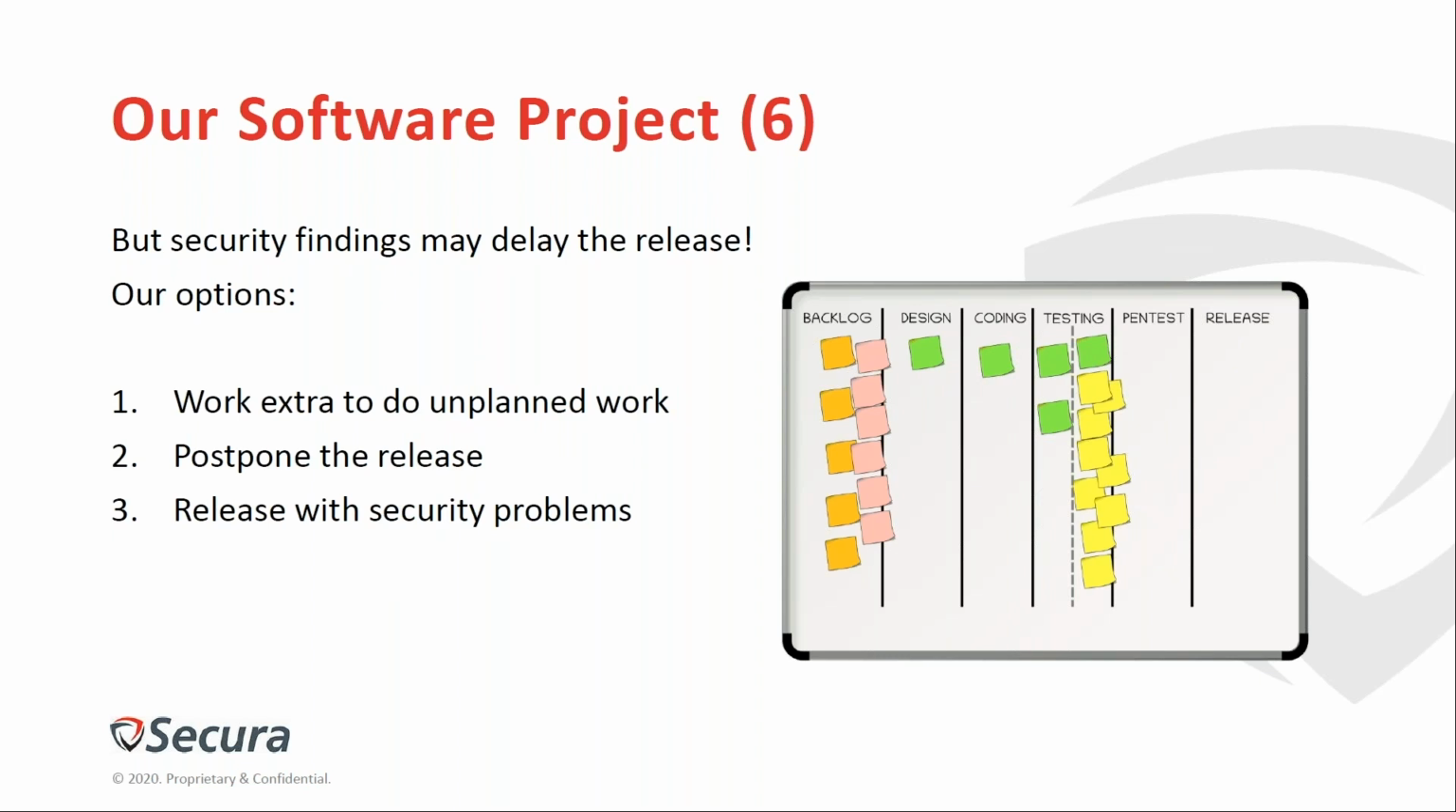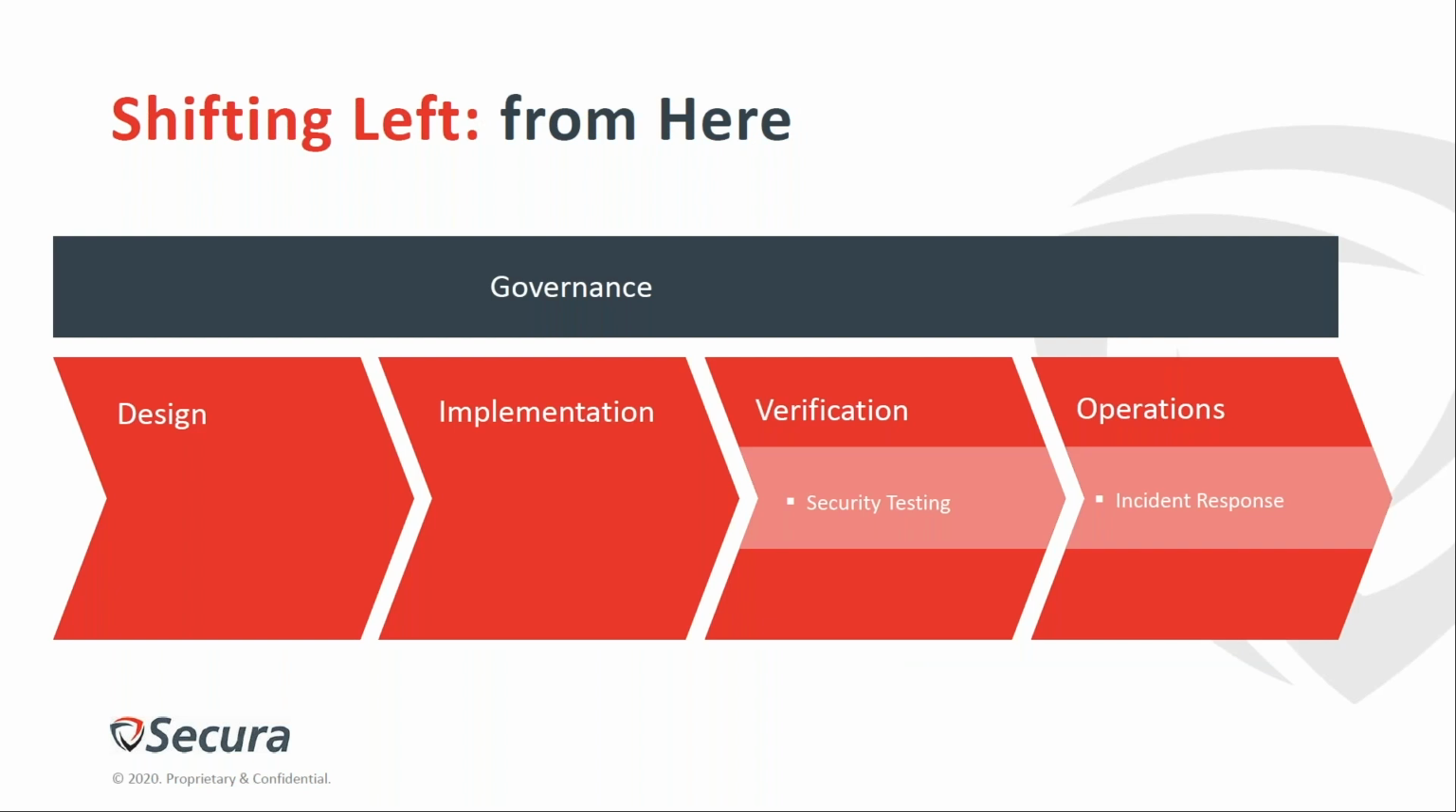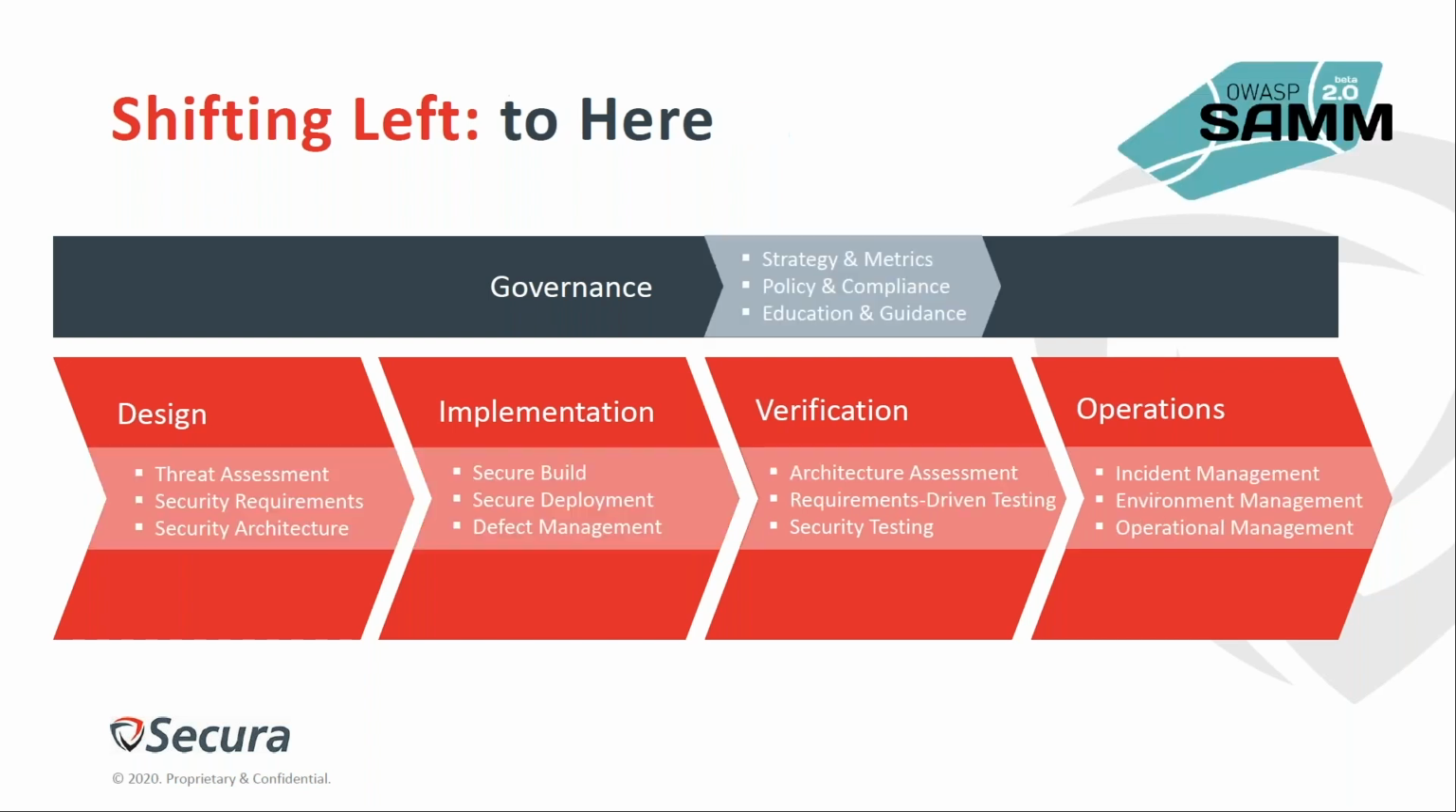And in this case, we have three options. We can work extra time to do all this unplanned work. We can delay the release, or we can release vulnerable software. And all of these are bad. So our solution is to do security earlier. This is called shifting left. We need to move from here, this situation, to here. And as you can see,